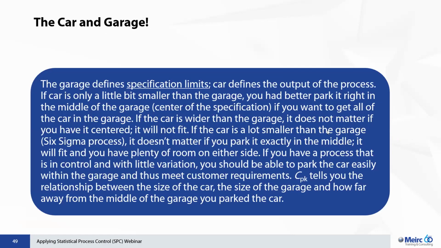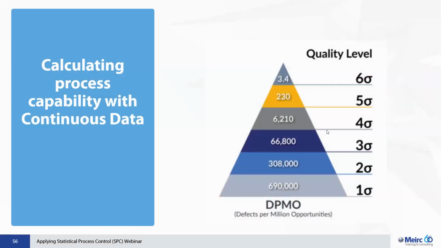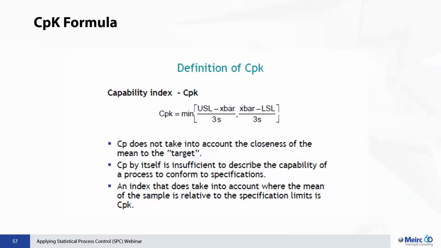So what is that formula I'm talking about? Let me take you to the formula itself. And here's the formula. It's a minimum of a value, which is the upper specification limit, which is given to you by the customer, minus the average of the data, which is the voice of the process, divided by 3 standard deviations. Standard deviation can be calculated from the data that you have collected from the process, comma, and